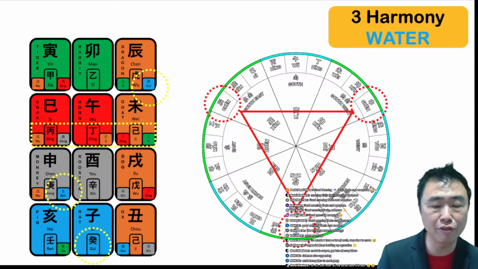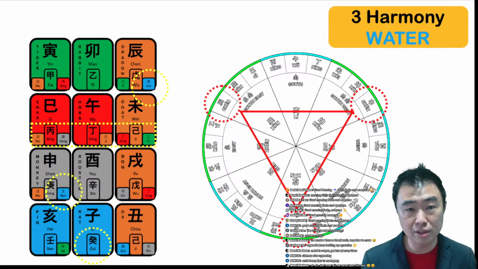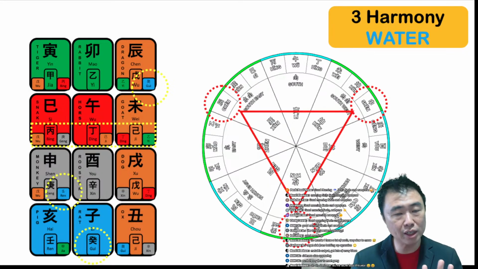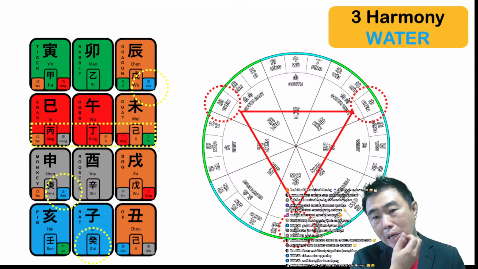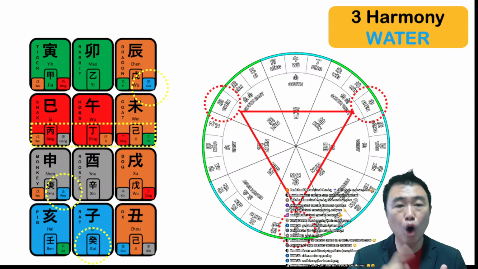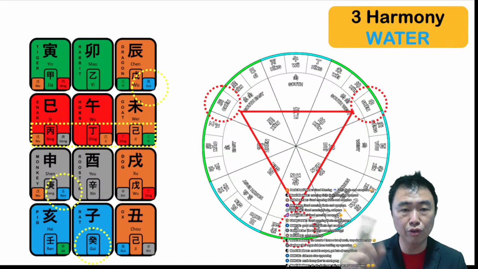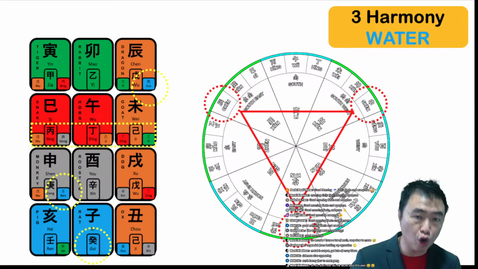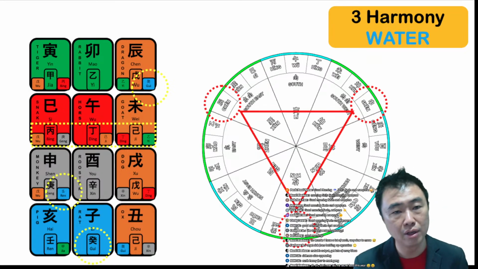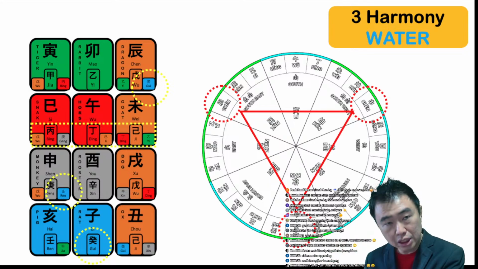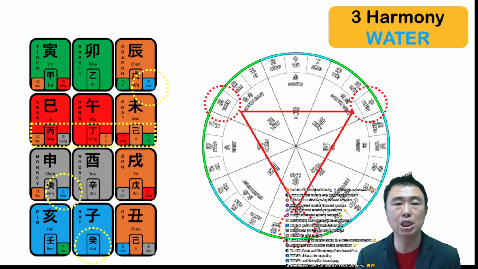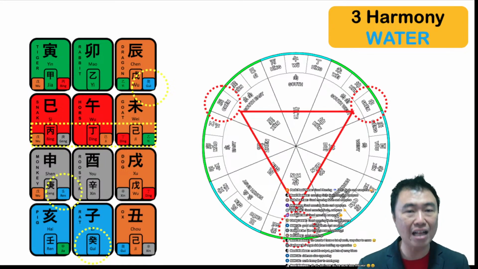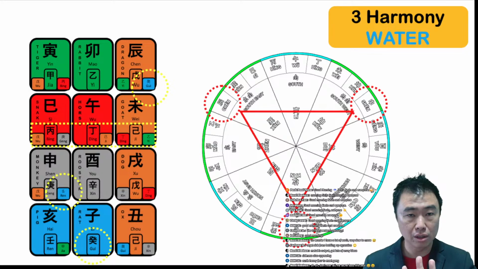For example, this one is the same for everyone. Your fourth luck pillar, doesn't matter what your age is, usually covers 30 to 40 years old, and will always be a three harmony combination with your month. So you just need to wait for the 10-year period to click in, and you automatically have a three harmony formation for your month. So for everybody, your 30 to 40 years old is called your career peak. This is where everything is aligned correctly for you to excel in your career. Fourth luck pillar. Everybody has it.